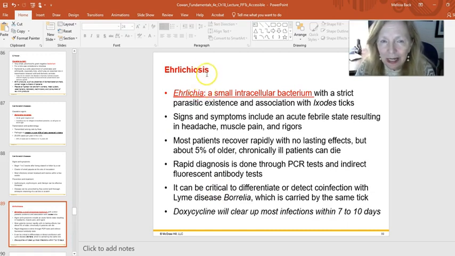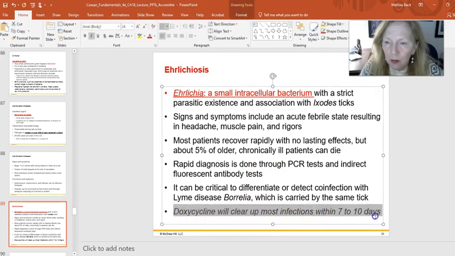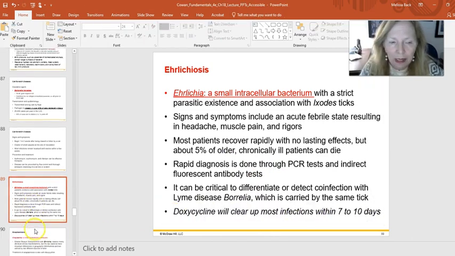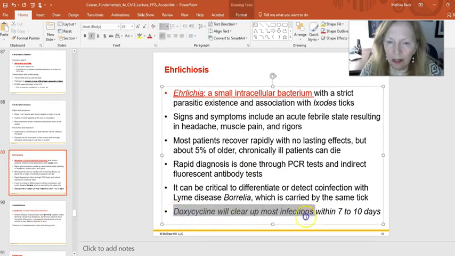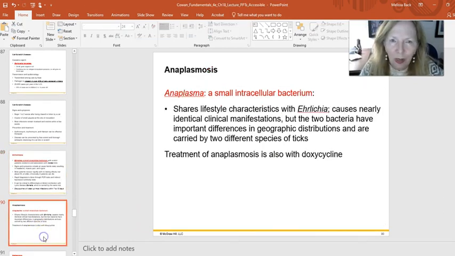Ehrlichiosis is a disease that is caused by Ehrlichia, which is a very small intracellular bacterium. So this can be a little bit more difficult to identify definitively. Sometimes you have to wait so that you can actually see it through serology, indirect serology testing. Indirect because it's not always easy to pick up on direct serology. The indirect serology tests sometimes are going to be our best bet. But again, routine treatment with antibiotics, especially something like the tetracyclines, the doxycycline family, is going to be one that you would want to do.